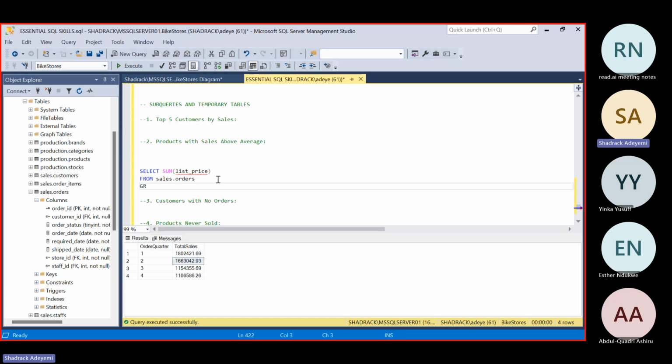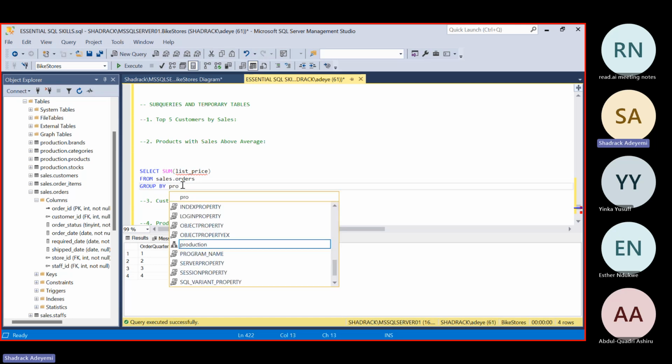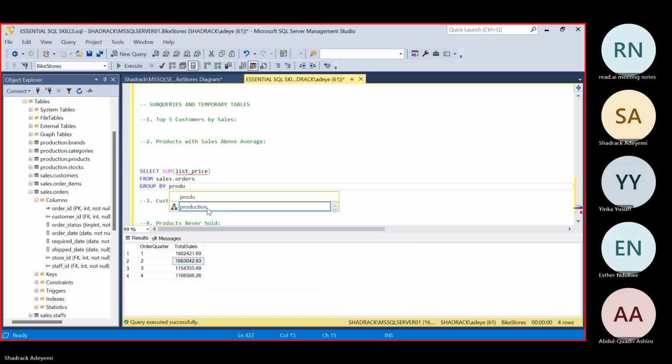Because we've called an aggregate function sum, we have to call the group by now. Because we're dealing with products, we want to answer a product question, so it makes sense to group it by the product ID.